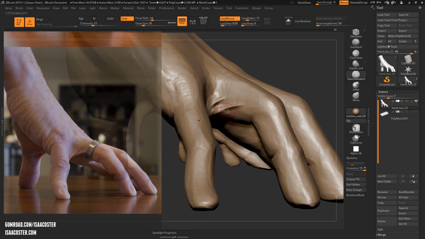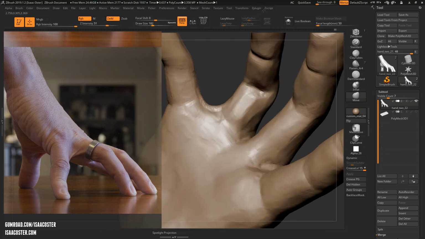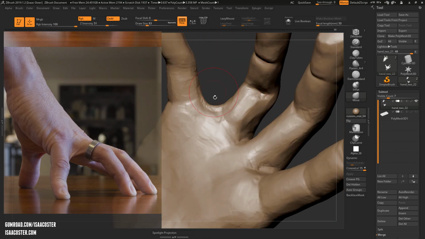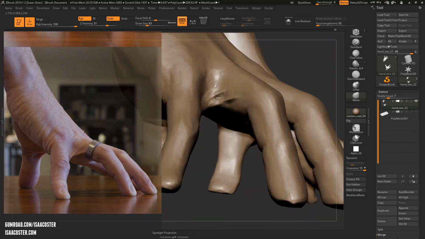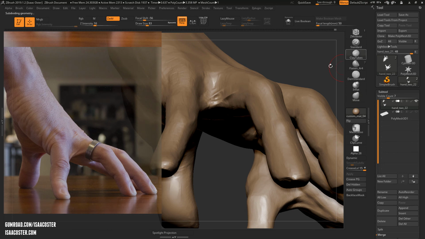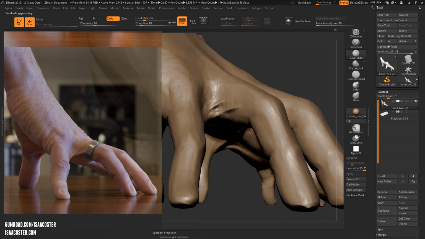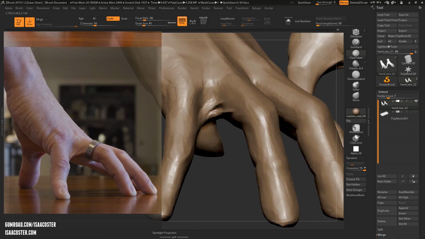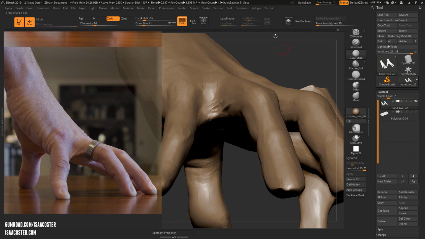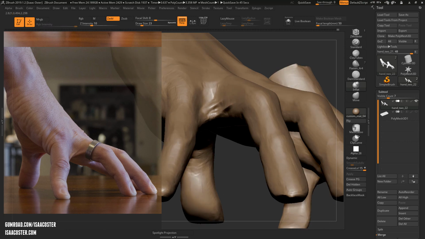So I want to make sure I've got both of these. I'm going to grab this area here. Whoa. And just move it in a little bit. All right. So in this case, clay tubes might not actually be the right thing, because it's just kind of wanting to argue with that spot there. So I'm going to go back to the inflate, because inflate will be perfect for this kind of thing,